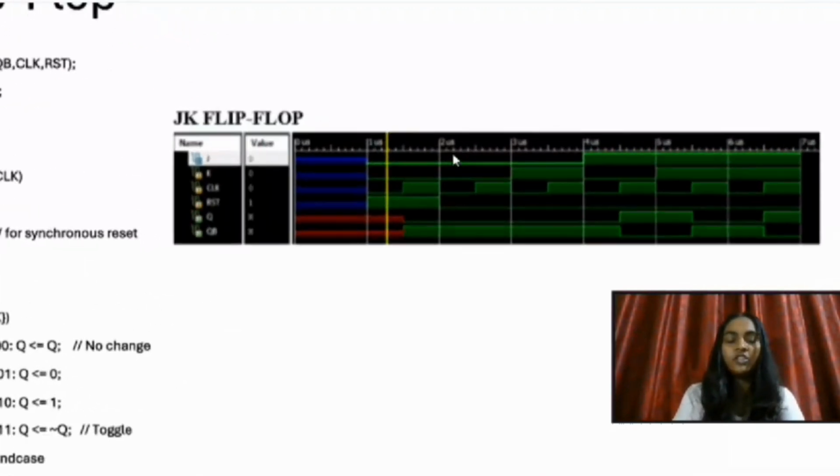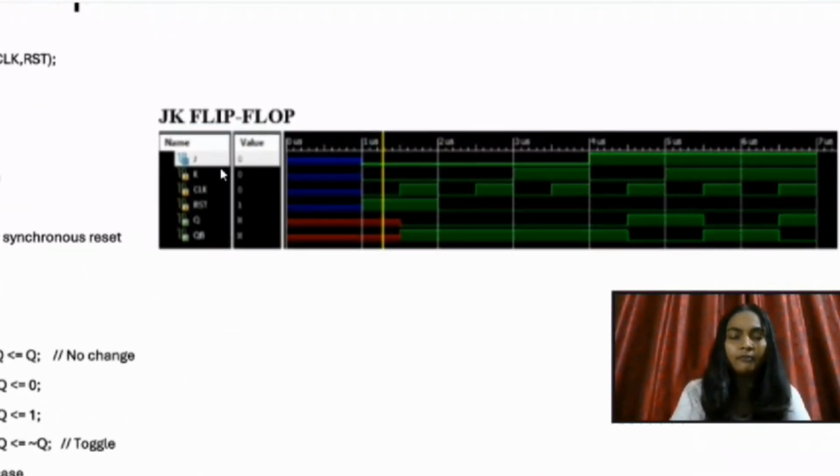Same here, we have the JK flip-flop. For the JK flip-flop, here is the output with J, K, clock and reset. Given values J equals